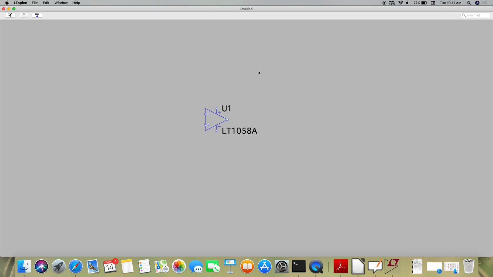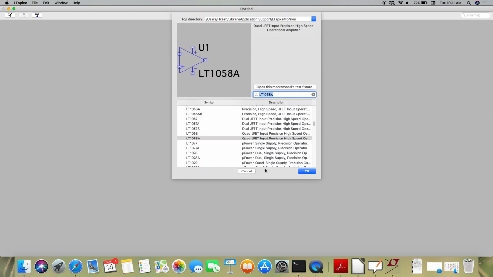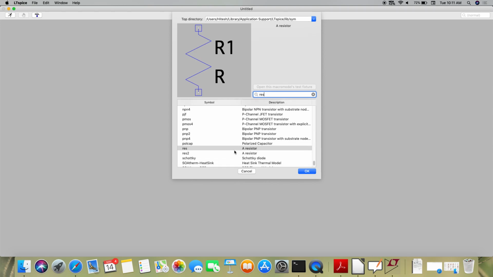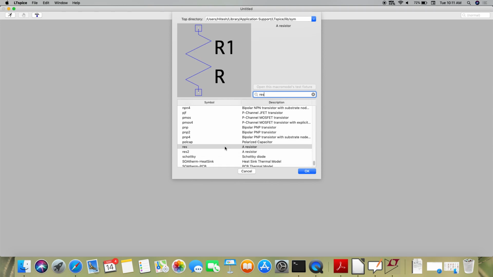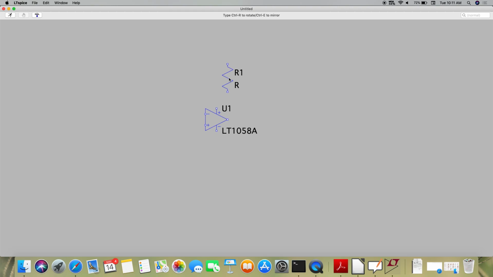So this way you can add any component. Right now I added just one component, which is the op amp. I may use, let's say, a resistance. So resistance is a normal one which we can take, like res. With Control R you can rotate it. Any number of times you want to rotate, you can rotate it. You can keep that. Similar to that, you can have one more